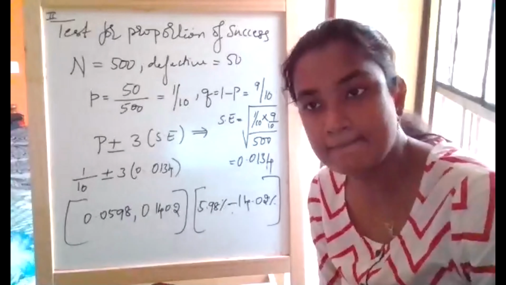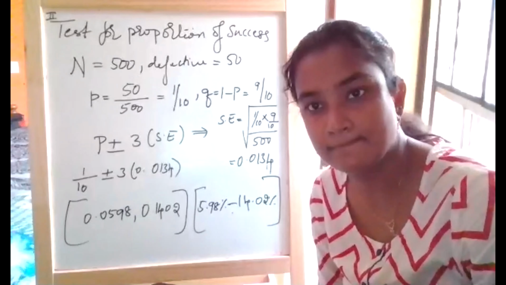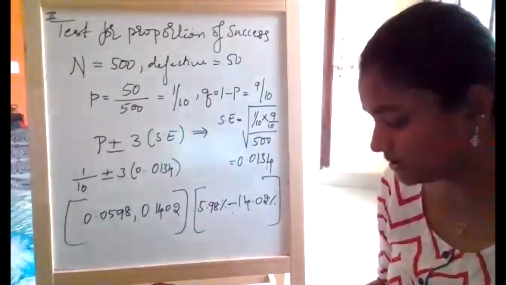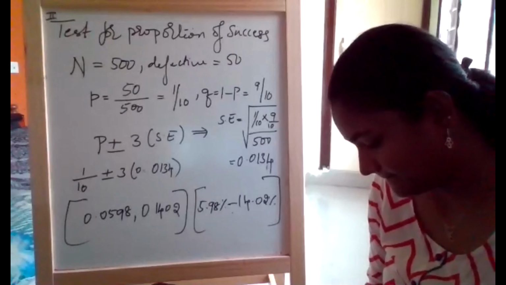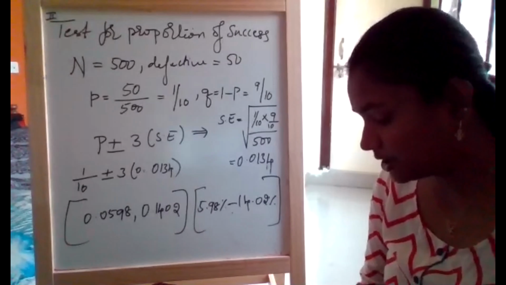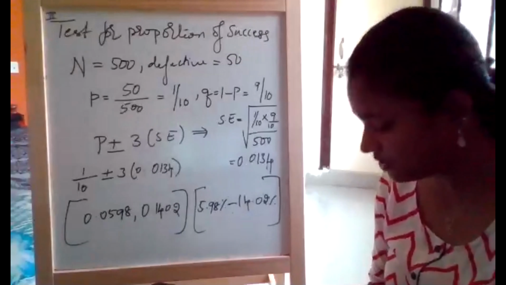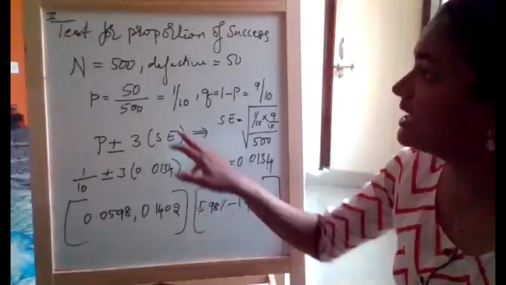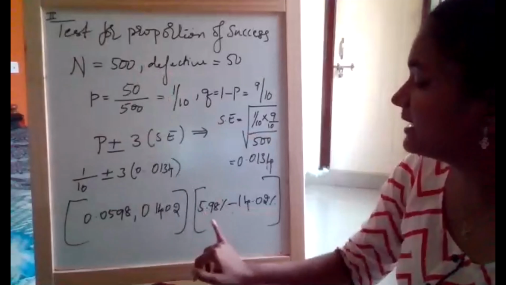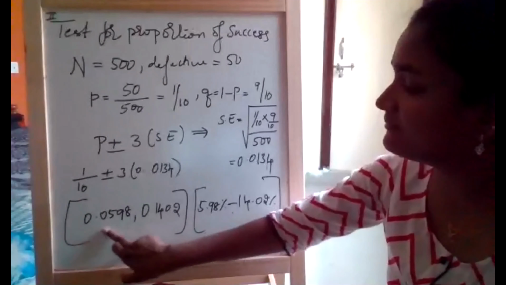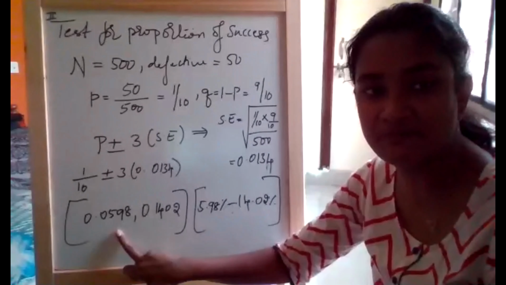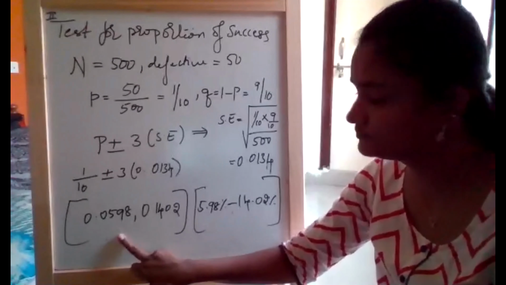Okay, girls? Hope you understood the problem. Any doubt in this? In the material that I shared, I also wrote the number of apples. You can get the count. Always, if they're asking for the number of defective apples, multiply the probability value by the N value. We did that yesterday as well. Yes or no?